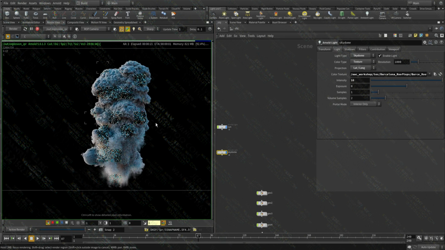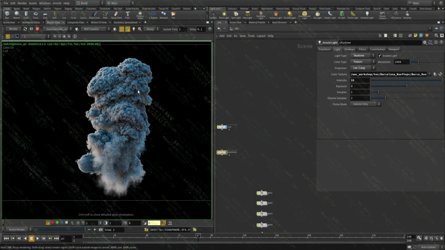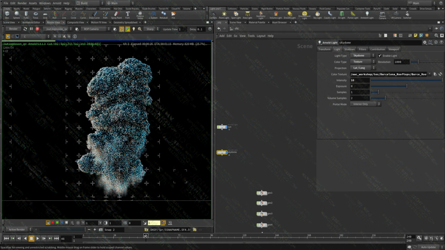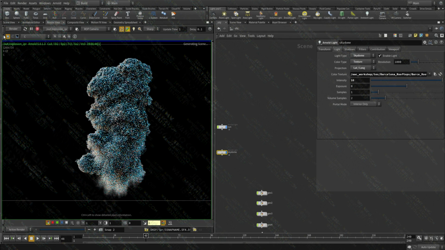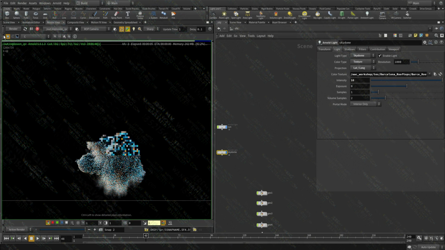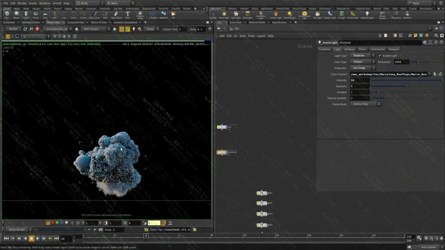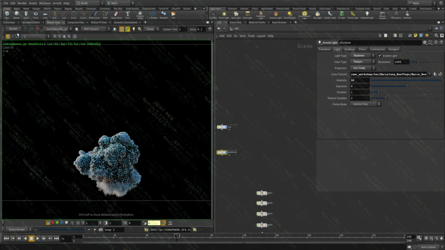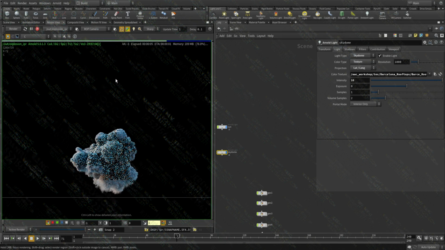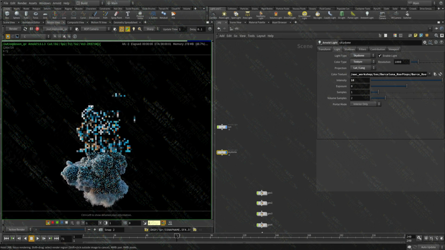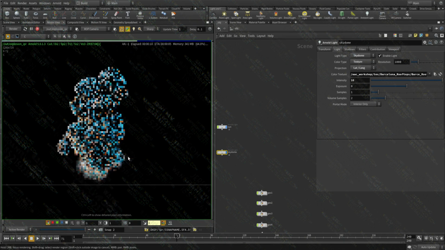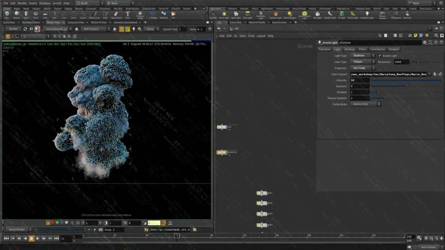And what I like to do is I generally render one frame, one particular frame that has the explosion or the smoke or anything I'm doing in a good state where I can see basically what's happening, how the sim is looking. So this is not very interesting, so let's go to a different frame. It's interesting, but I want to see the full explosion. Yeah, so something like this. Actually, let's go to a later frame.